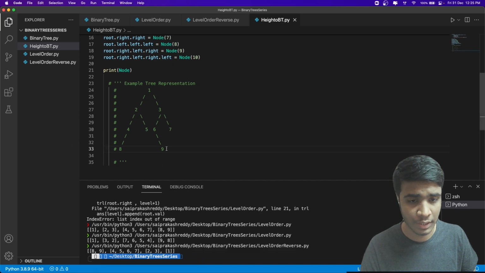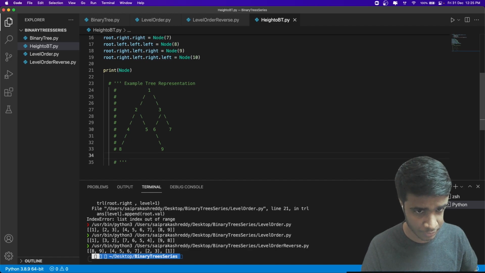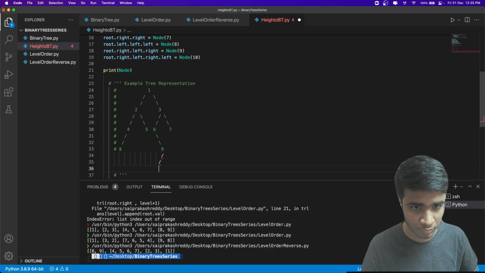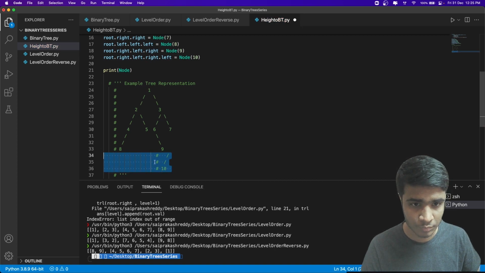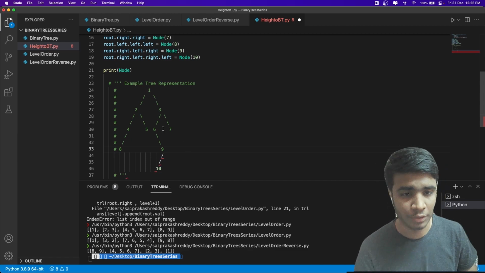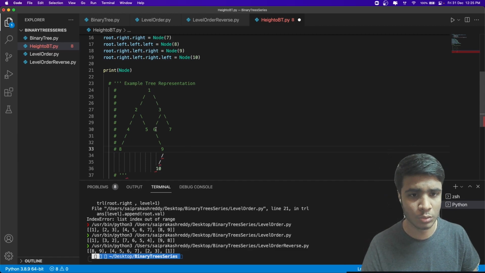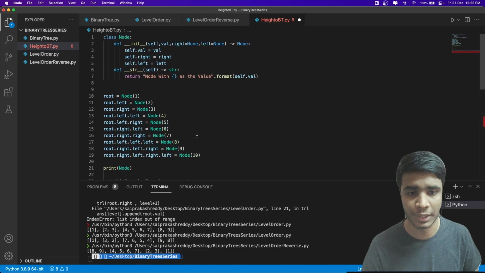Now in this case, I have 9, and 9 has a left child, 10, right? Okay. Let's keep it as it is. So this is the tree. So the answer we are expecting is 1, 2, 3, 4, 5. 5 is the answer that we're expecting, right? So think about it. How to solve this.